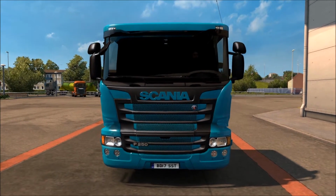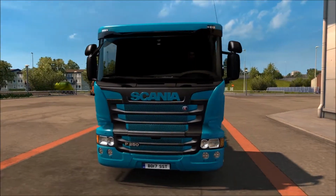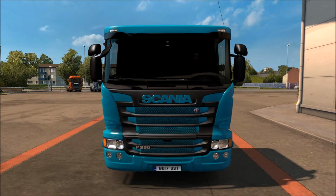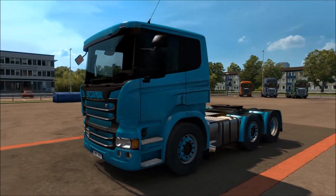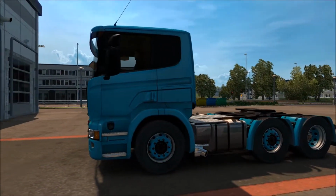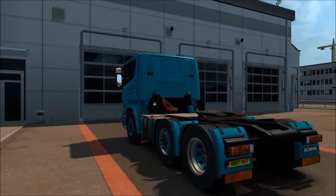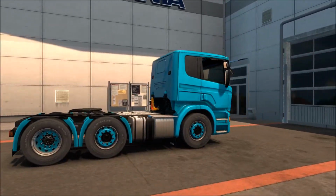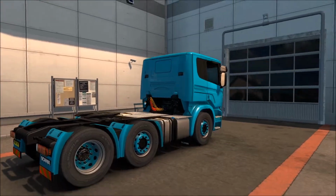And I've also gone with the more plastic mirrors as well, because they disguise them. On this truck, because the truck is so small, the mirrors just look out of place and huge, so having them black really does disguise their size a bit, and from angles like this you cannot see them at all, which is a cool little feature. All the painted wheels, black wheel nuts, open arches, so